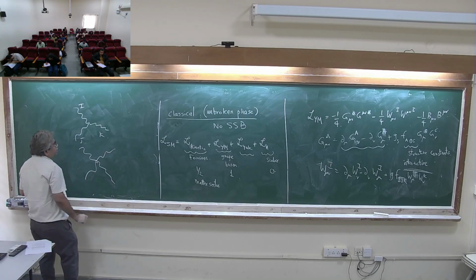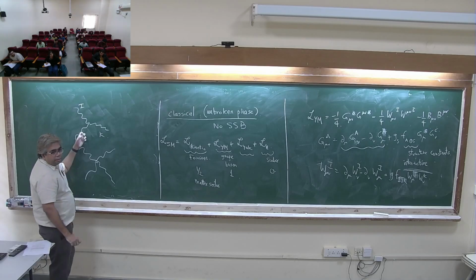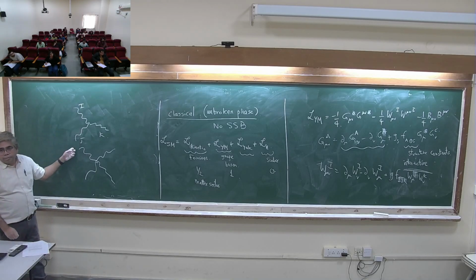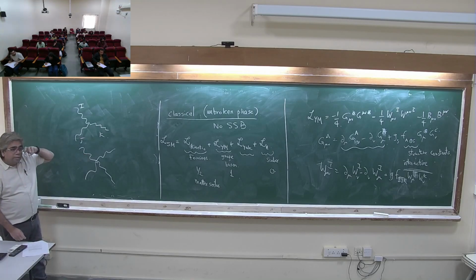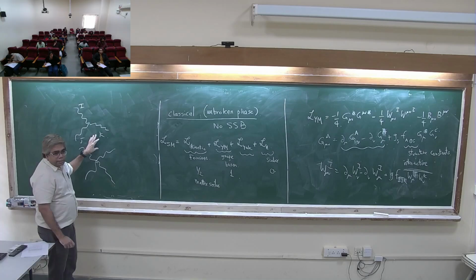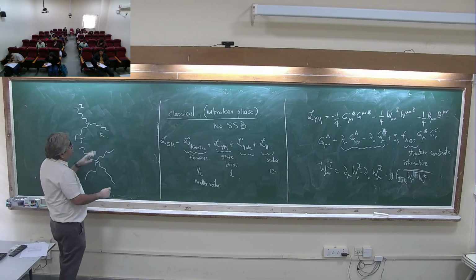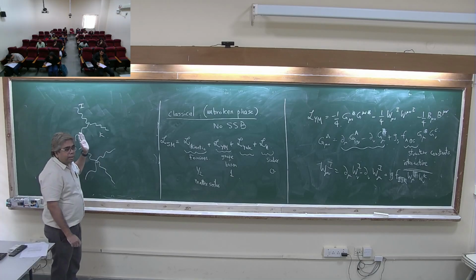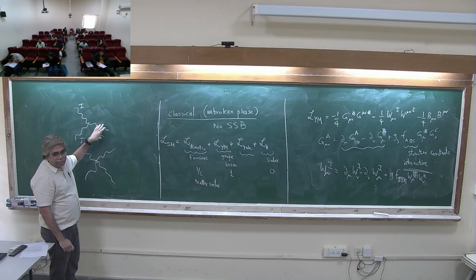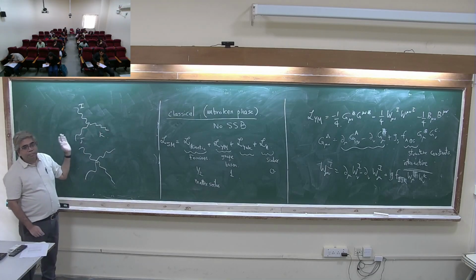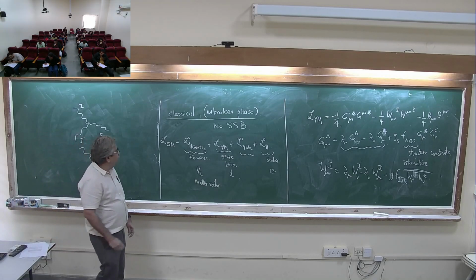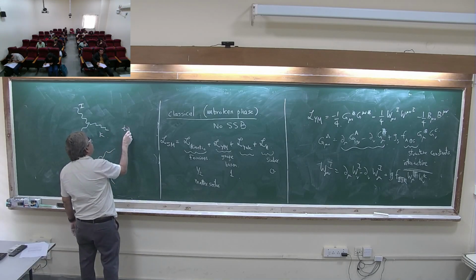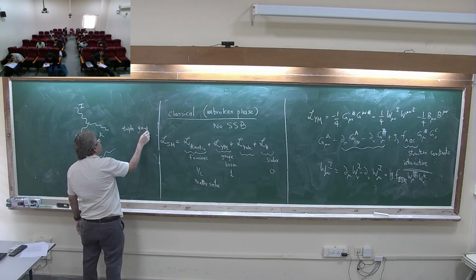These are extremely important. Any deviations from this are a test of new physics. Okay, we will see examples essentially for triple gauge bosons and quartic gauge bosons. These are actually tests of new physics. So any deviation from this, or any other gauge boson, I'll write them in the broken phase later on. Okay, anything other than in the textbooks, if you find a new coupling, that means it's a signal of new physics. So you'll find a lot of papers on this triple gauge boson.